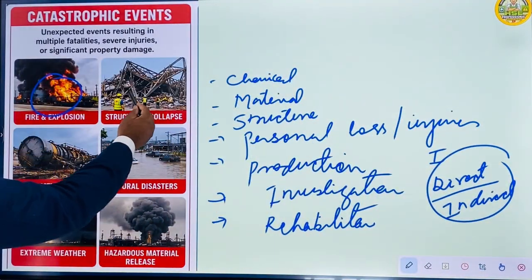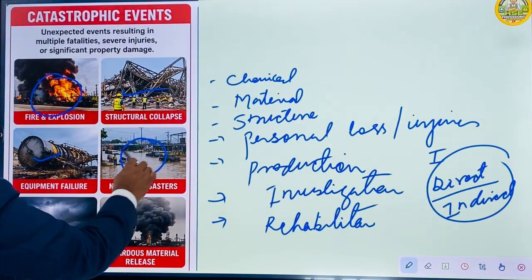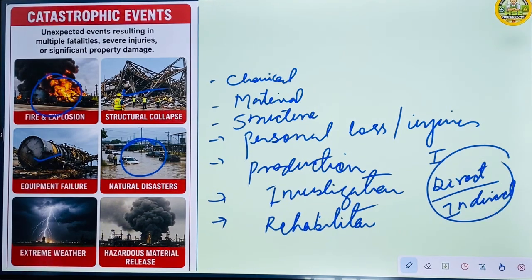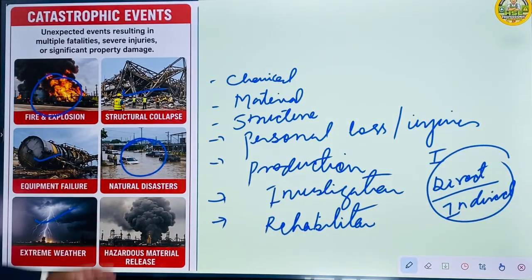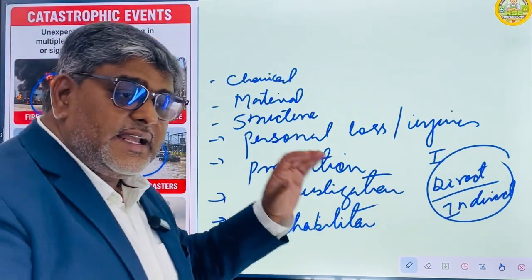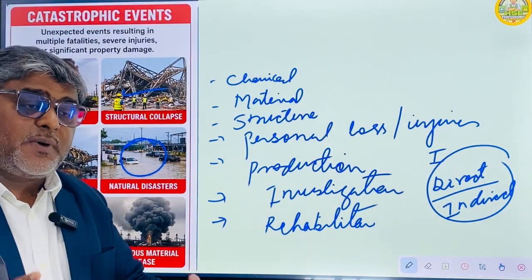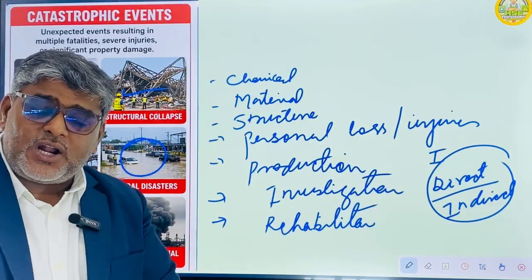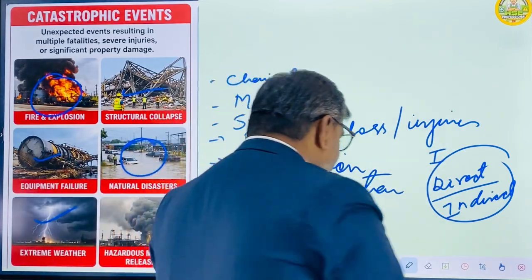Even though you can see here a structural loss, equipment failure, natural disaster also called catastrophic, extreme weather conditions, hazardous materials released, like some chemicals released here, and because of that there is some fire. So these all are called catastrophic. Catastrophic means not a single injury or accident. It describes multiple effects: injuries, property loss, chemical and material loss. Those are called a catastrophic event. Okay,